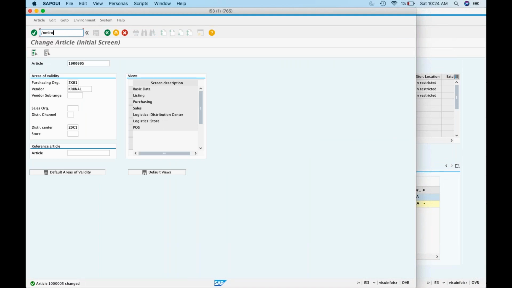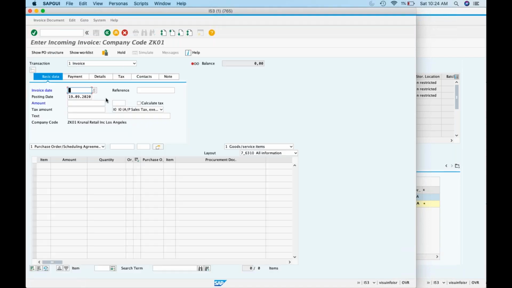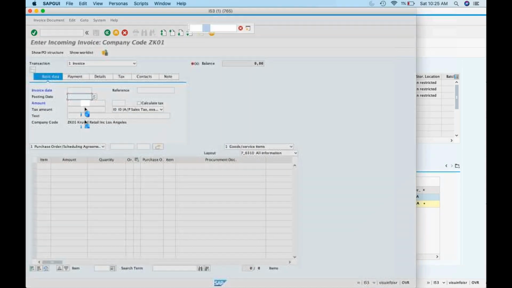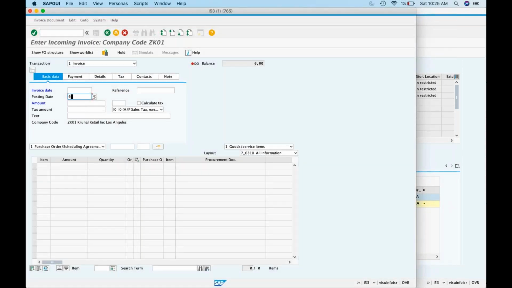MIRO is the transaction that you do the invoice receipt. Okay. The problem is we have to go back-date and post. I'm not sure if this will work. 1/3/2007, right? I did some checks because I know that it will work, but not sure from the FI side how it will work.